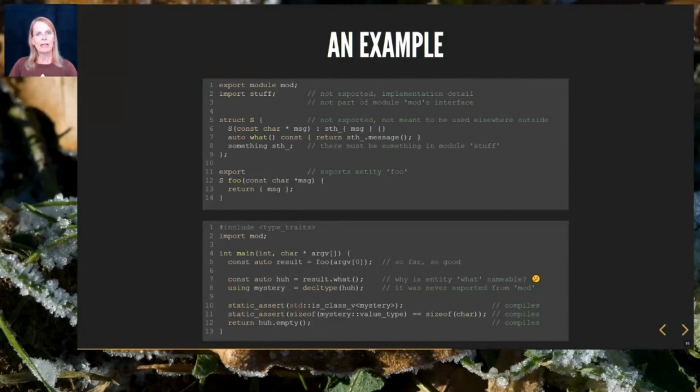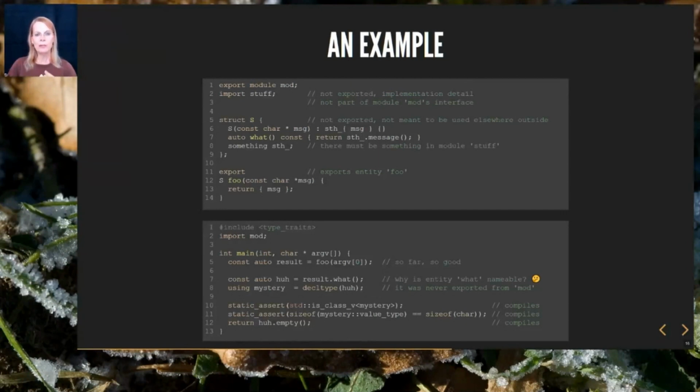So far, importing another module forms a dependency on that other module. Its BMI must be available for compilation. But there are more dependencies. The non-exported class S uses a non-exported type from another module as a member variable. Struct S has a member function that uses this member variable in its definition. Functions return types that are either explicitly named or implicitly inferred without mentioning their names. At least some knowledge about these entities must be available at compile time to give meaning to the code.